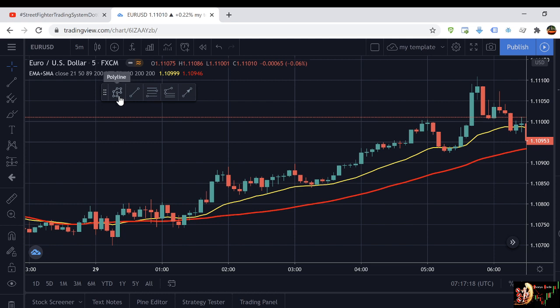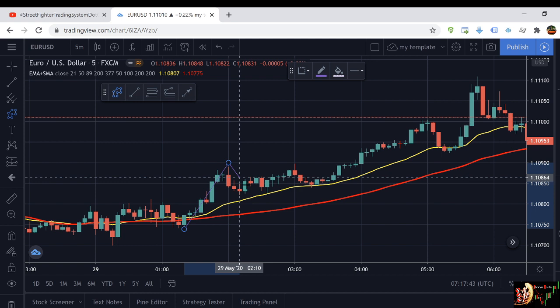Anyway, I like to have only 4 elements. One is the trend line, two is the polyline to be able to trace my impulse and retrace, and the Fibonacci retracement. Okay, so let's get started. We had here the beginning of the SMA angling up. So let's see what is the first impulse and what is the first retrace. So we have impulse,